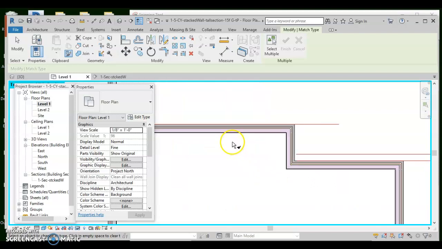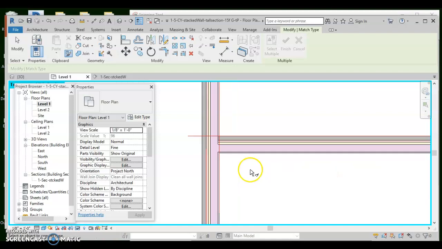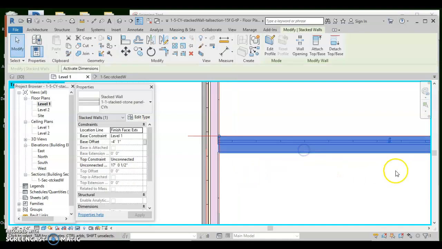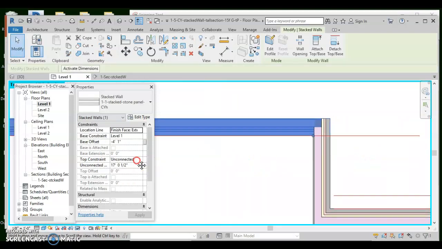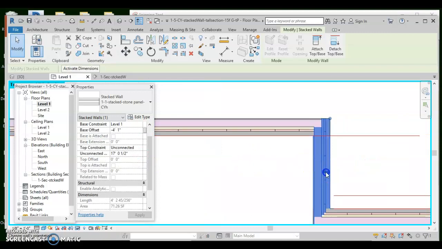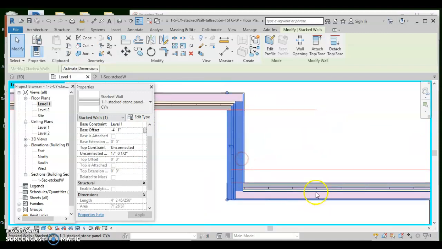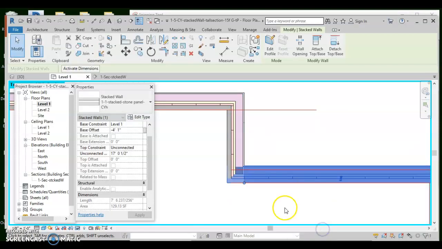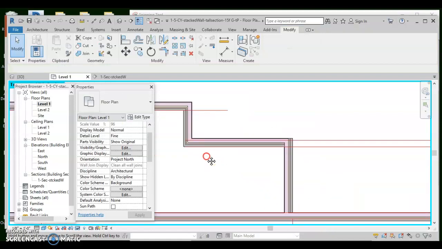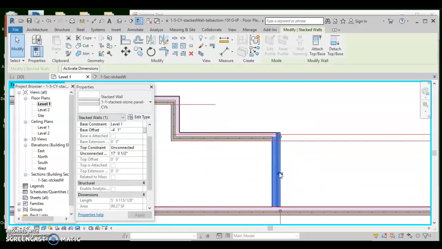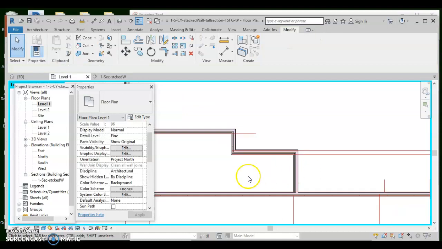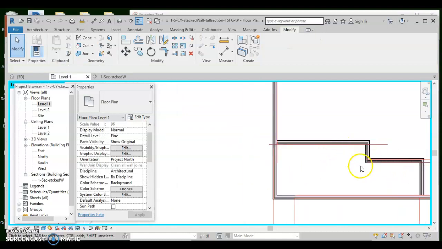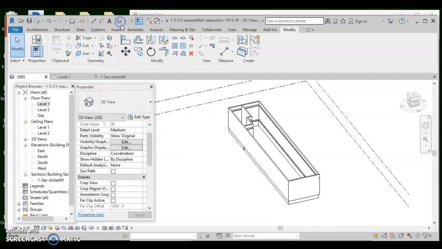All right, let's backtrack, make sure I'm looking at the right way. No, every single one of them has to be flipped. So flip, flip, flip. All righty, and I join the element. I'm fine. So, and flip this one. Now I'm in good shape. Then I'm going to shuffle these things back and forth a little bit. Let's take a look at it in 3D. That's essentially what I've got. That taller section of my building,